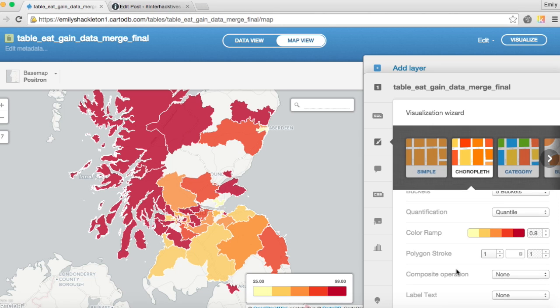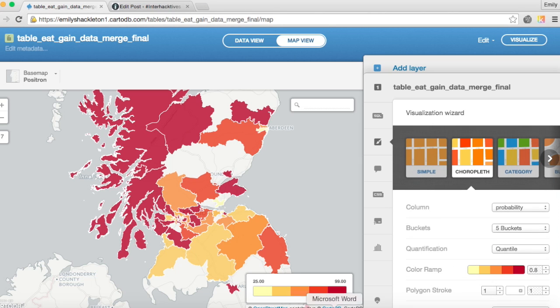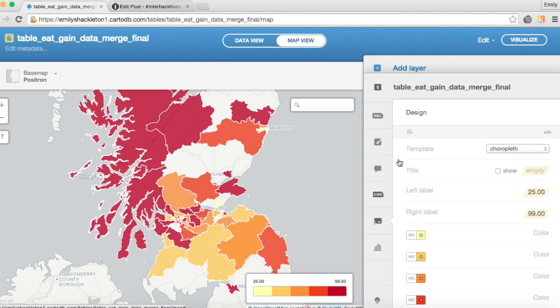Another thing you might want to do, as you can see, is that it's not really labelled at the moment. With this box down here, you can't really tell what story you're trying to tell with this map. So you might want to label that box, and the way you can do that is through legends. So we click on legends, and you can see this controls the design. It gives you more control of the design. You can change the title. So let's change that to